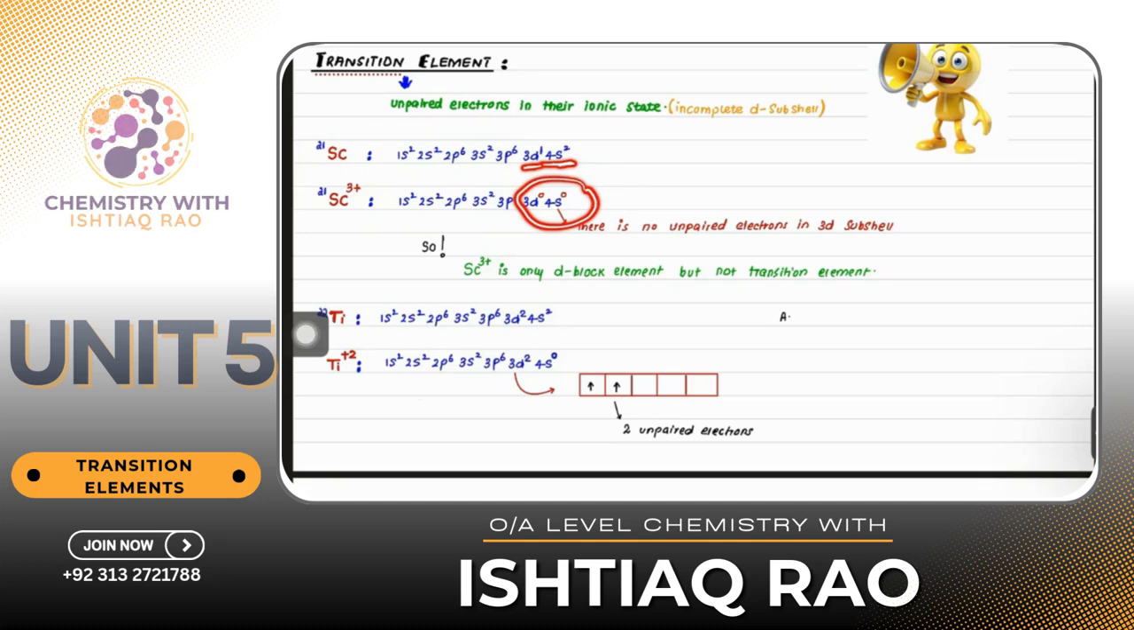If you look at its ionic state, that is +3, is there any unpaired electron? You will say no. Why? Because 3d has no electrons. So yes, it's not a transition element. It's only a d block element. This is one of the reasons scandium